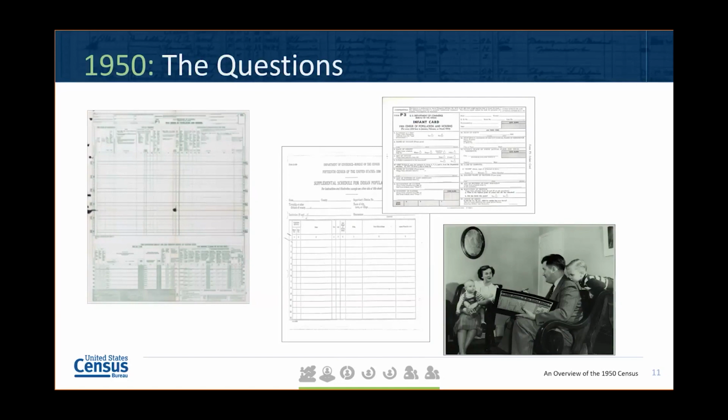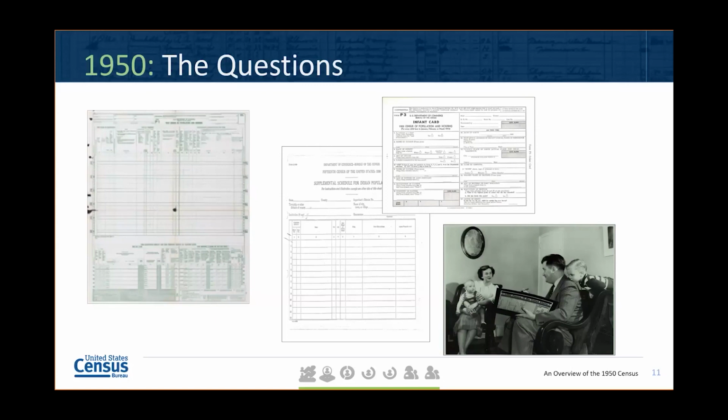The questions were compiled after meetings with consultants, technical advisory committees, and after identifying the data needs of other federal agencies. The questions were tested to make sure the wording was understandable and arranged properly. And they also started their testing with self-enumeration versus enumerator direct enumeration collection, which had been done in other censuses and surveys, but had not been tried with the decennial census before this time.